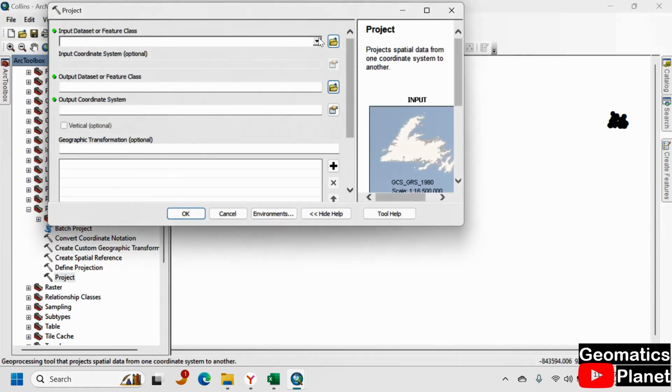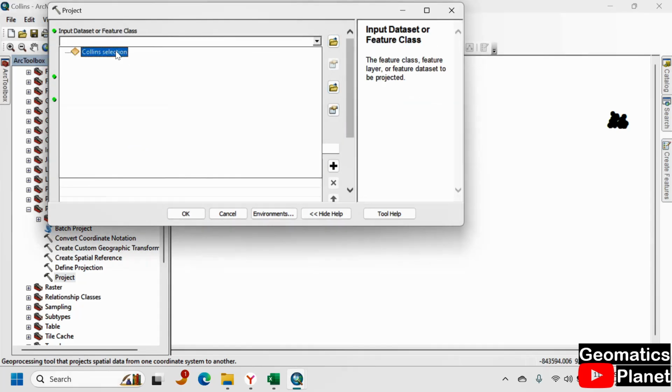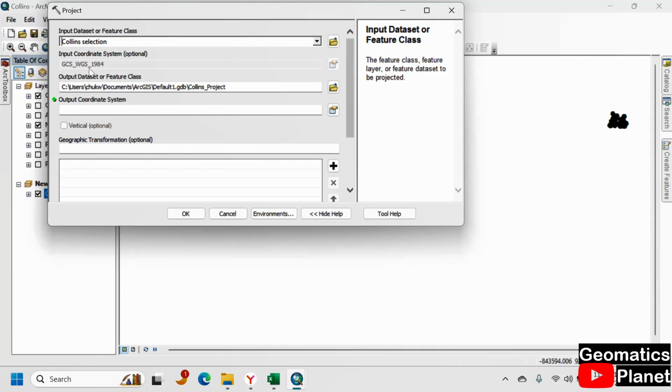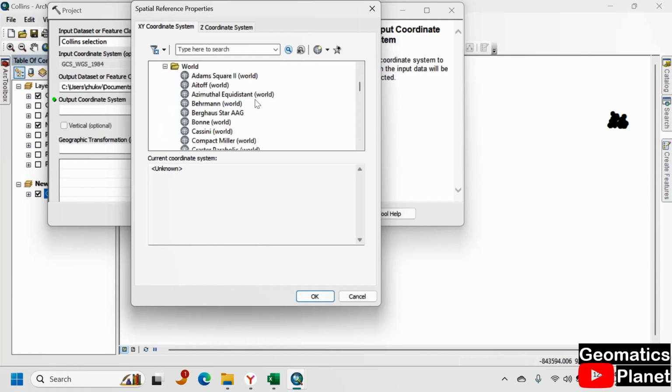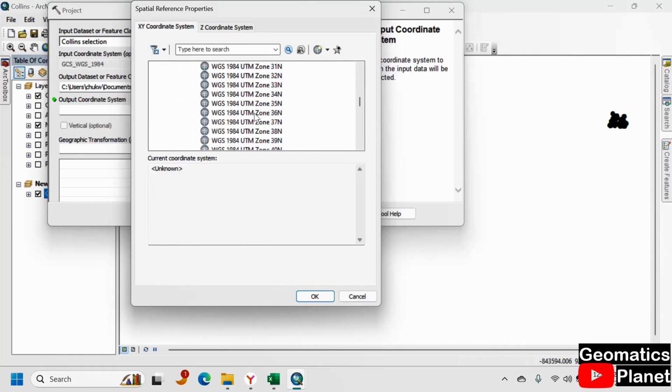Now when you input this column selection, you see it is going to read it here as WGS 1984. Which output do you want to put it? You go to the layer, you go to the projected, go to the world, go to UTM, not world, go to the 1984, go to the northern hemisphere, scroll down to UTM zone 33 and click OK,